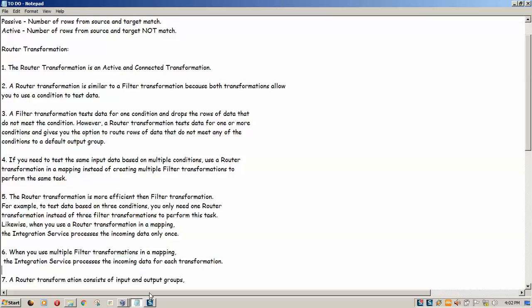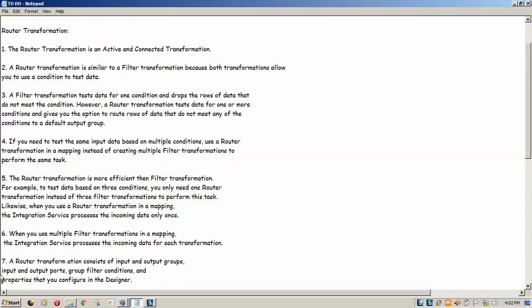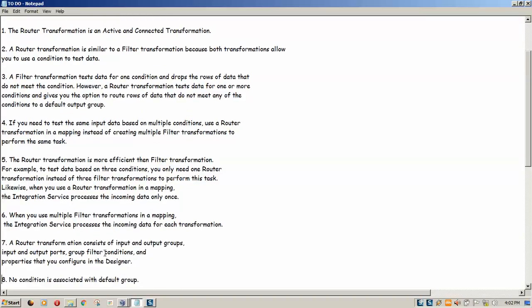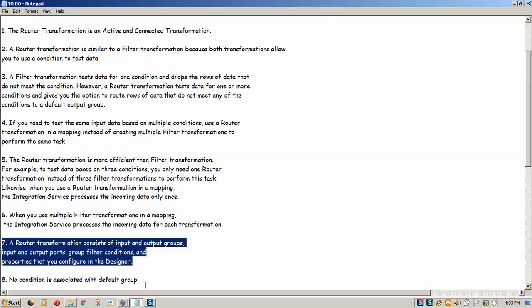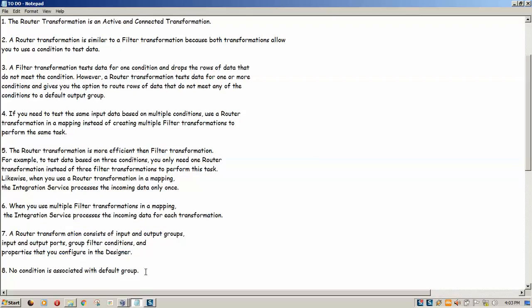A router transformation consists of input and output ports, along with group filter conditions and properties that you can configure in the designer. There is no condition associated with the default group.